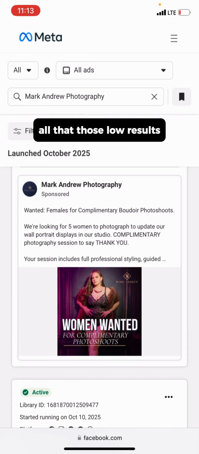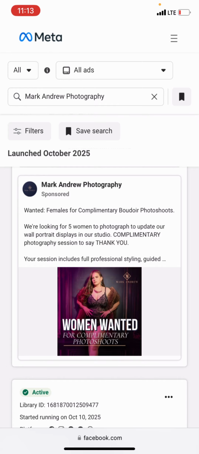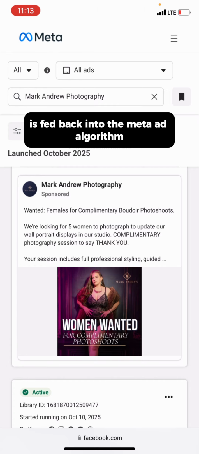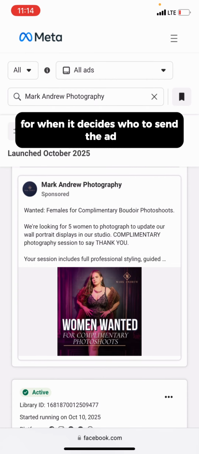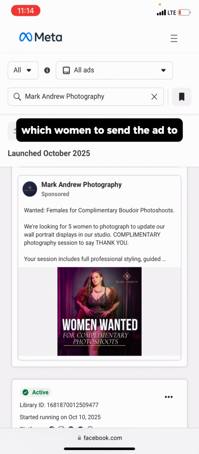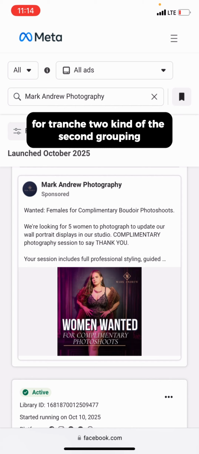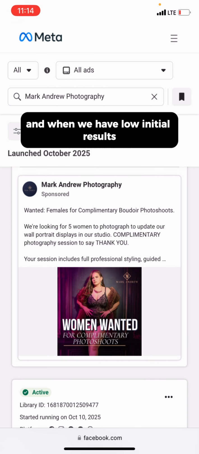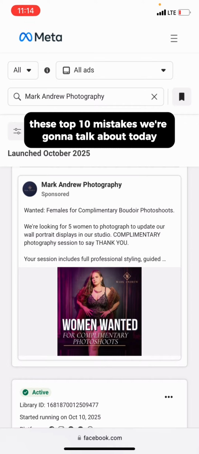All those low results, low metric data, actually get fed back into the Meta ad algorithm when it decides which women to send the ad to for tranche two, the second grouping. And when we have low initial results, initial metrics, initial data with our ads, which happens because of, again, these top 10 mistakes we're going to talk about today,